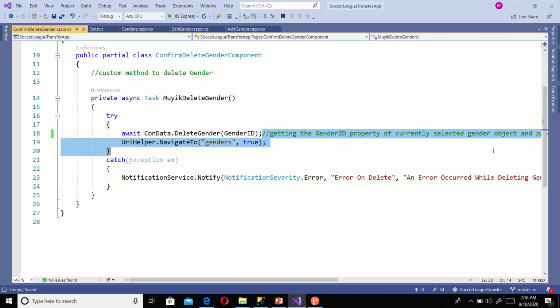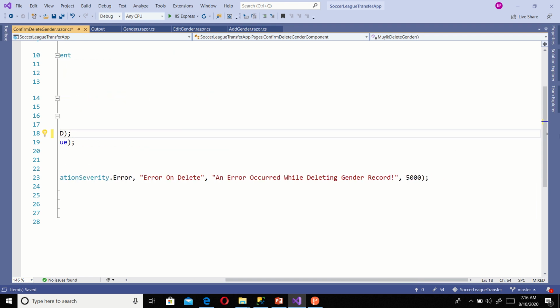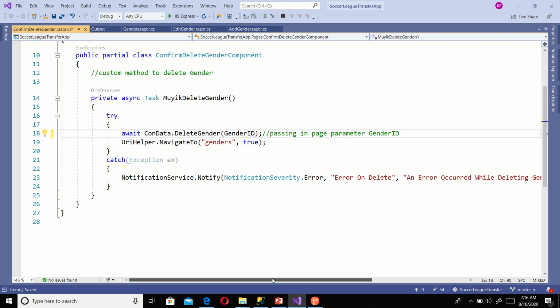So passing the page parameter gender ID to the delete gender method. Okay, fine. So now to implement this method,